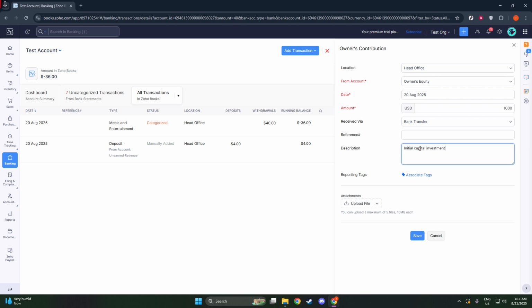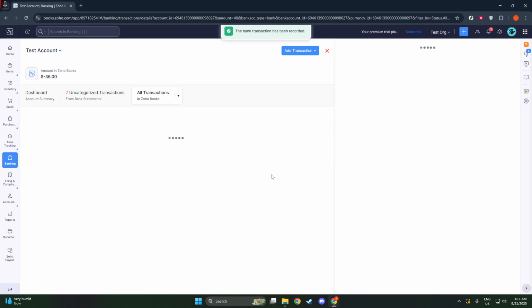You'll do this by simply clicking on the Save button, which finalizes the recording of your capital contribution into Zoho Books. By saving the transaction, you've successfully updated your financial records, reflecting the increase in capital. That's it. You've now added capital in Zoho Books using the banking module, and your financial records are more complete